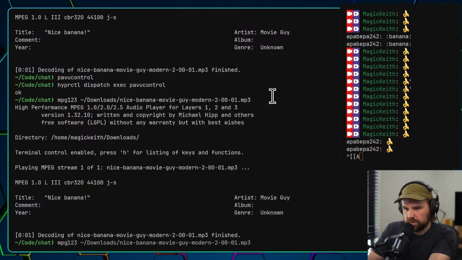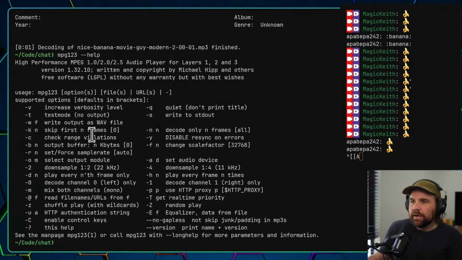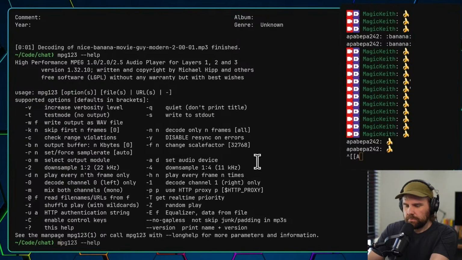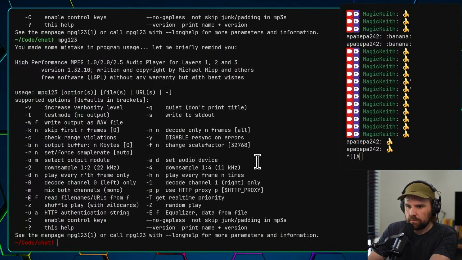Maybe I'm not playing it through the right device. I think I need to set it to the right audio device, which is the HDMI output. mpg123, what if I just run that normal?